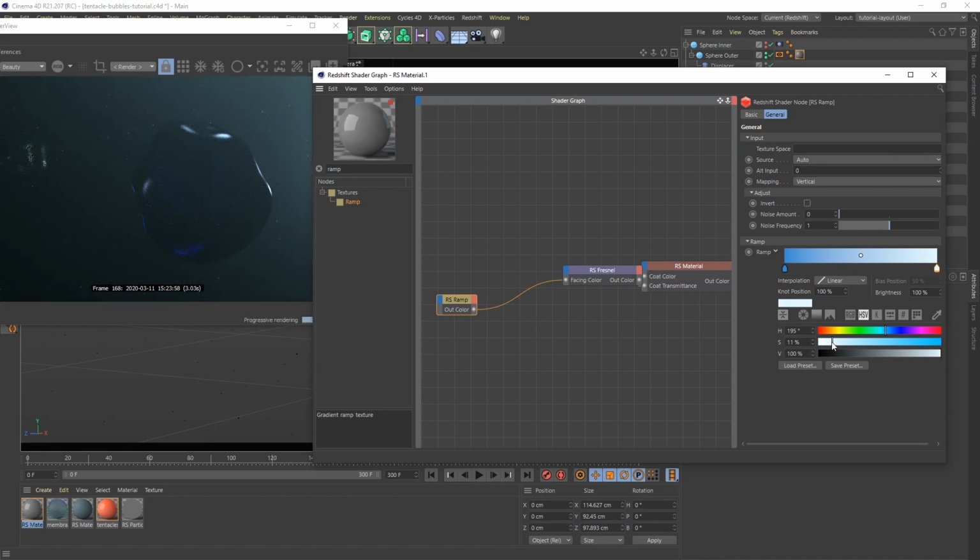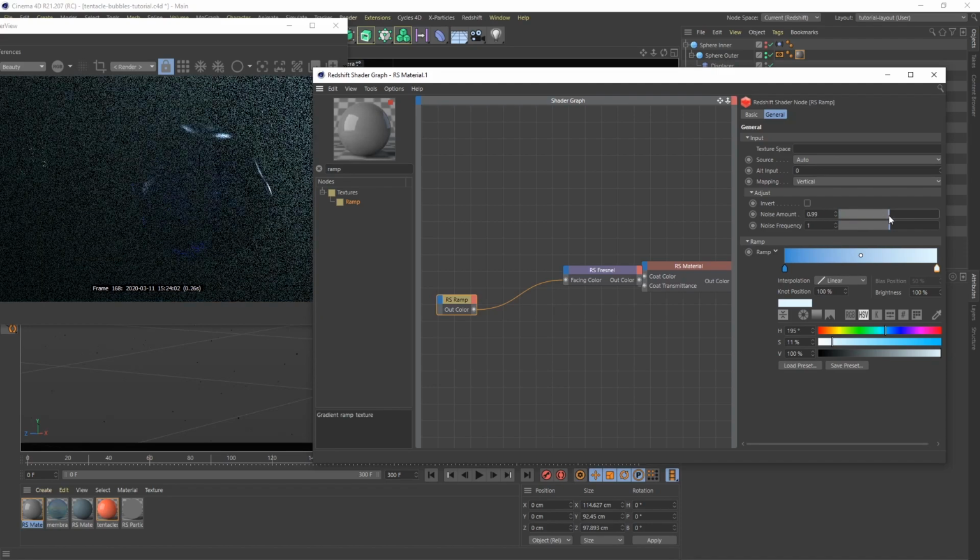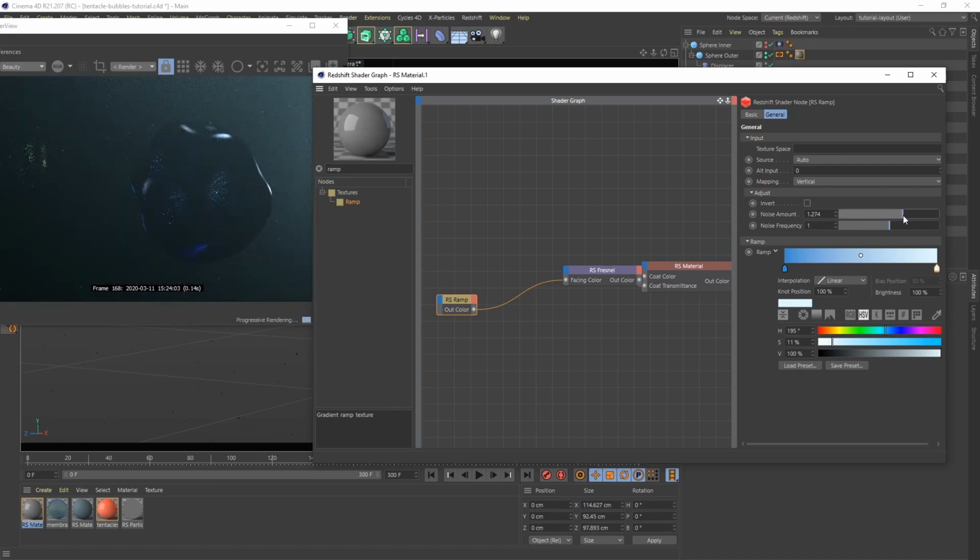Something like that. And now I'm also going to bring up the noise amount, and that can kind of give you some swirly colors. I don't know how well you can see, it's a little dark, but that gives us some swirls, which looks kind of nice. So I'm going to do 1.6 around. And then I'm going to control drag this to make another one. And this we're going to pipe into the perpendicular